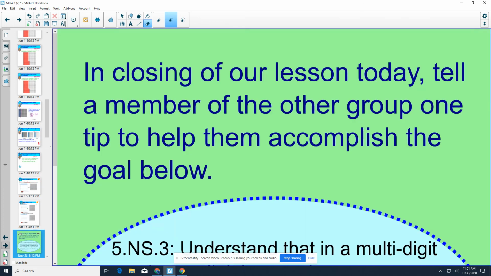Now, in closing of our lesson today, tell a member of the other group one thing to help them accomplish the goal. Okay, so when we're in small group, that's something that you guys can talk about there. What are some things